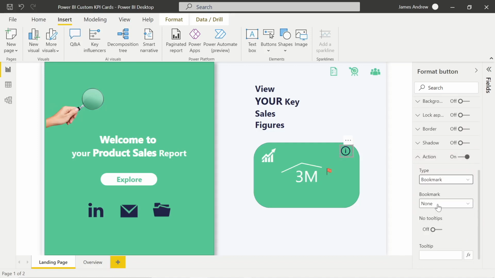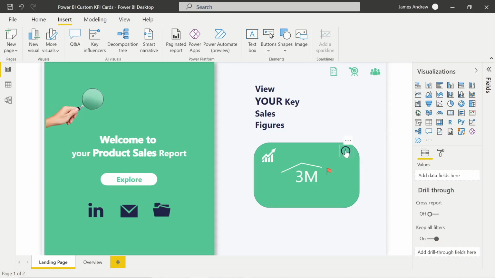We've used layering, DAX, bookmarks, tables, some workarounds,